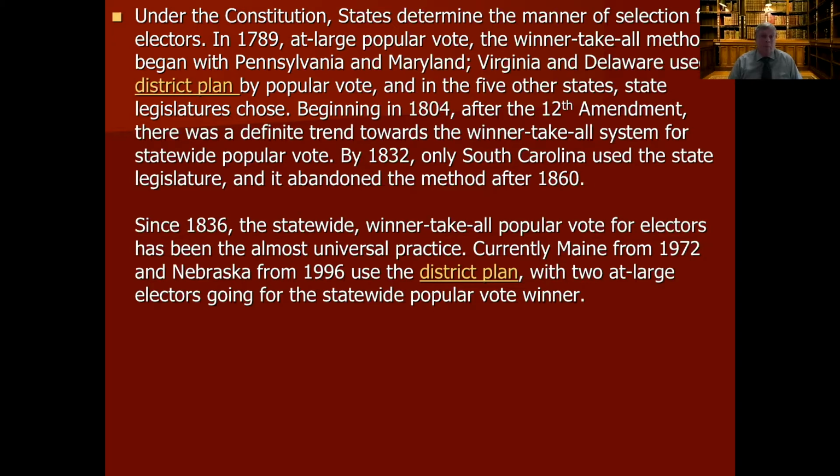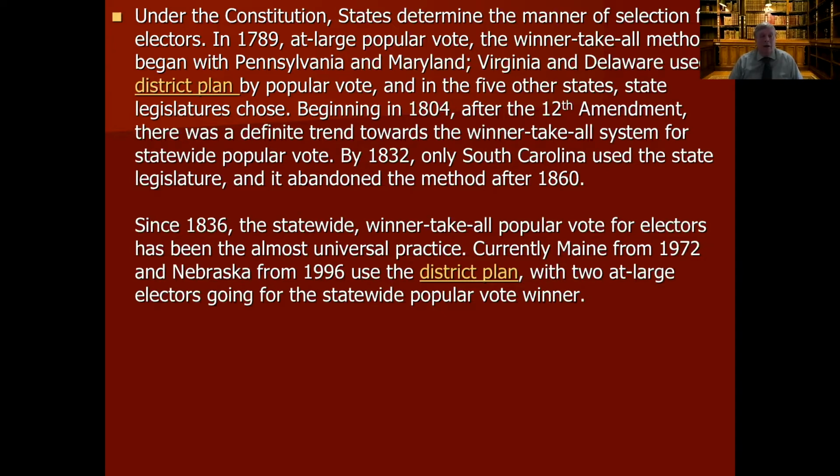You might ask the question, well, wait a minute, that's only 9 states. At this point, the Constitution had not been fully ratified, and so there were states that were not participating in